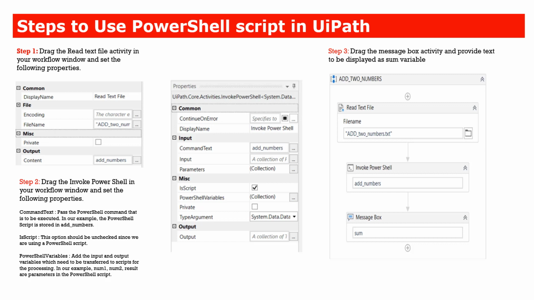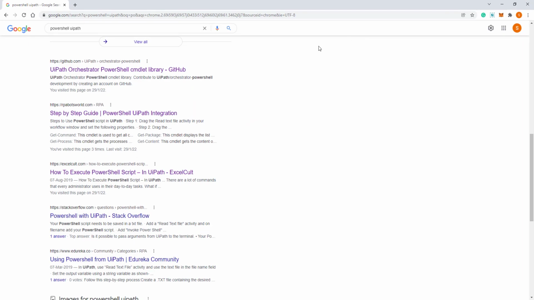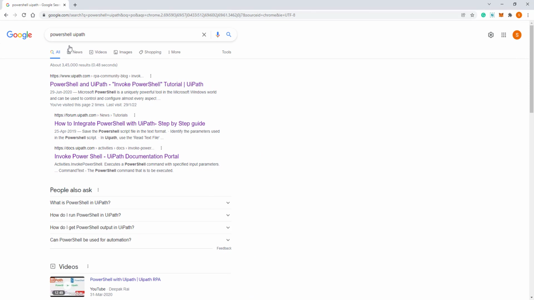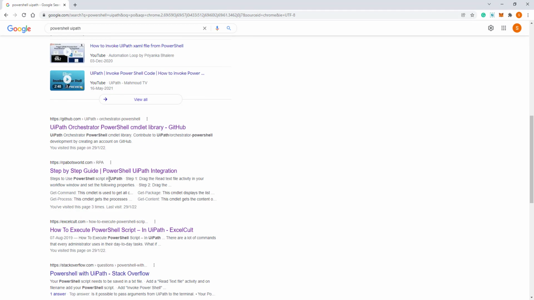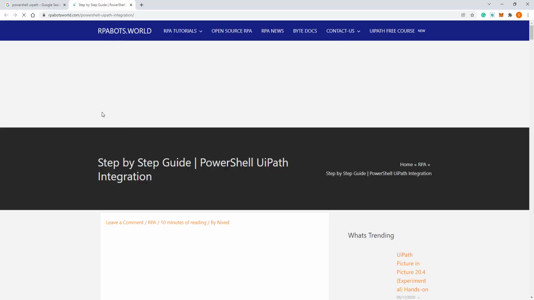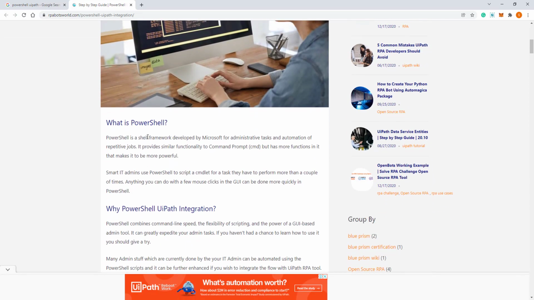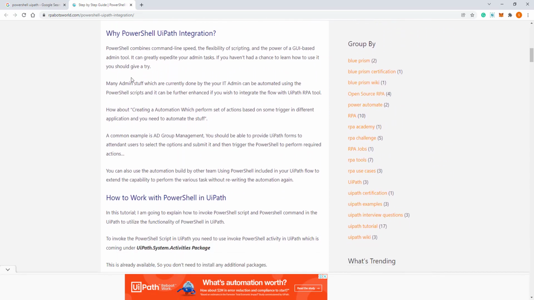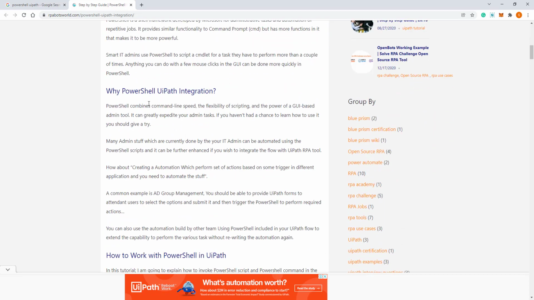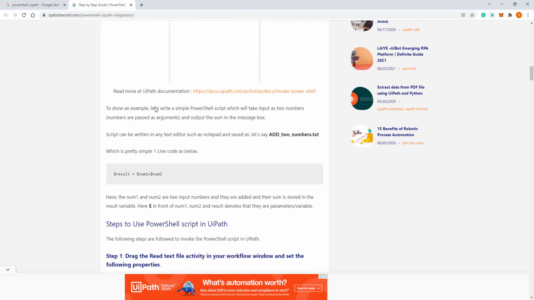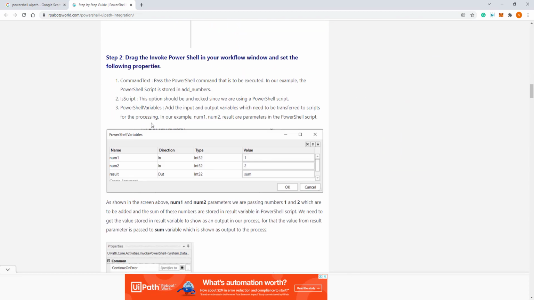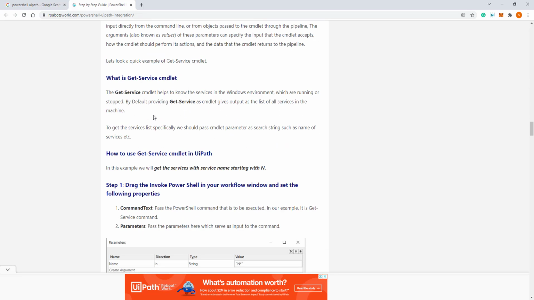I understand, sir. Okay. And this is what I was talking about. If you search in Google for PowerShell UiPath, you will see our documentation here. This is a detailed article we have written on how to integrate with PowerShell, with multiple examples. The example that I have shown, in the interest of time, is just one example. But if you follow this document, why PowerShell, how it works, and what you need to do step by step, you should be able to follow it.